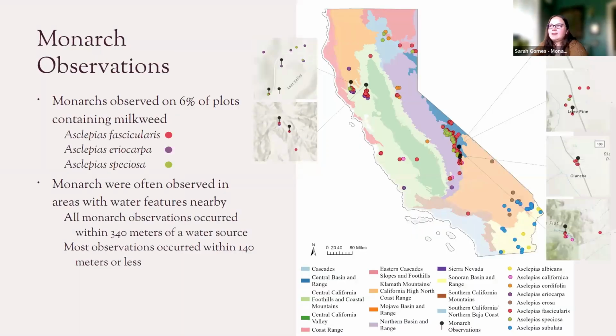All right. Next up, we looked at monarch observations with respect to milkweed and also other variables. One thing I should say is that we had very few monarch observations in these 2 years. It doesn't necessarily mean that monarchs aren't there, just means that we didn't capture them. The timing of our visit and their visit didn't quite line up. We saw that monarchs were observed on 6% of plots containing milkweed, and of those plots, they were observed on